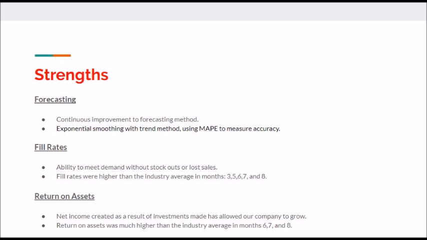Of the top 3 strengths of our company, forecasting has definitely been the greatest. Over time, we had continuously improved our forecasting method. Initially, we started with a weighted moving average method until arriving at an exponential smoothing with trend method, using MAPE